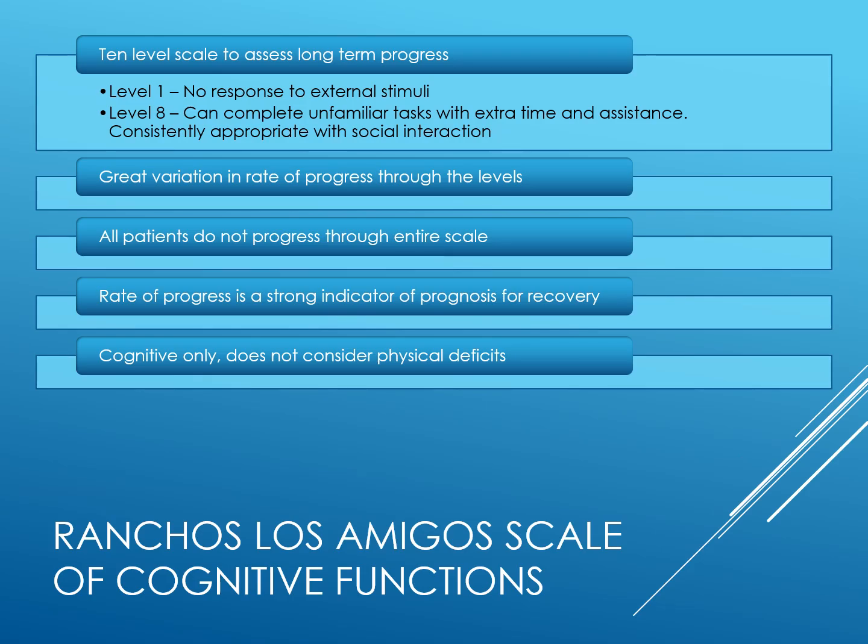So the child or the patient is out of coma. How is the team going to measure the progress of the TBI symptoms? The Ranchos Los Amigos scale of cognitive function is a universally used measurement by TBI teams. This was developed by a hospital in California that happens to be called Ranchos Los Amigos, so that's how it